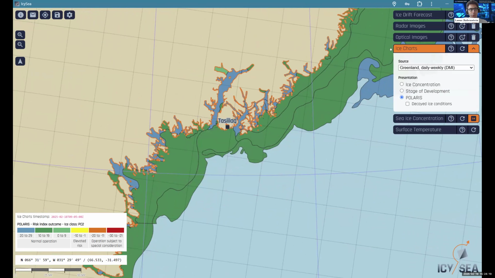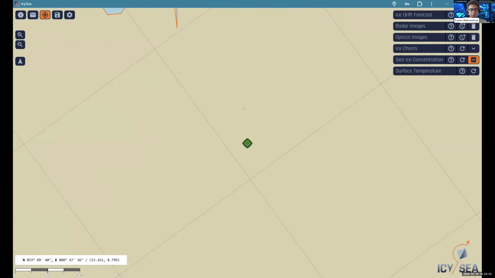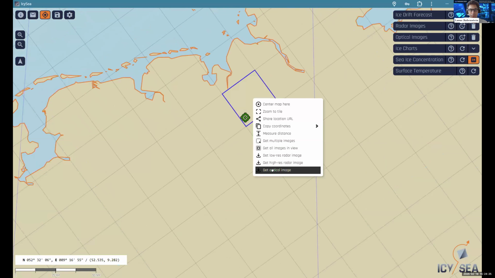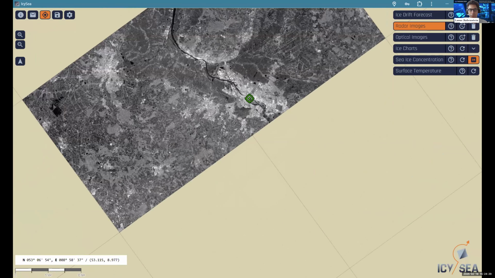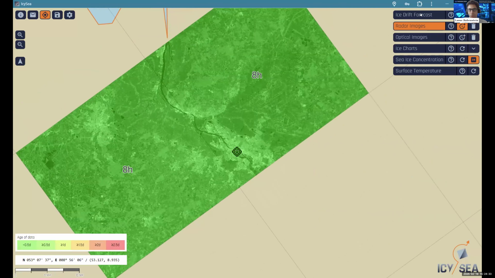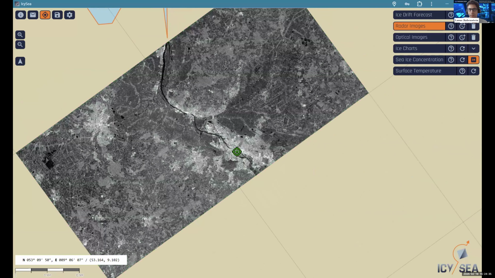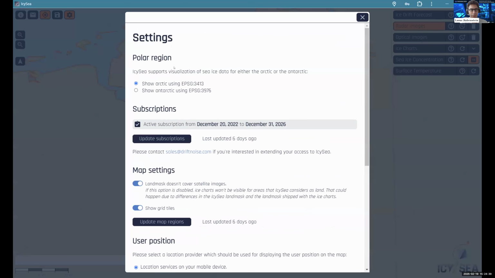The good thing with the app is you can, of course, always display your own position. You also know where we are. We are based in Bremen. Let's check where the latest Sentinel-1 imagery is over Bremen. It's just 8 hours old. Here you see Bremen. And of course, you can also use that on the other side of the planet,